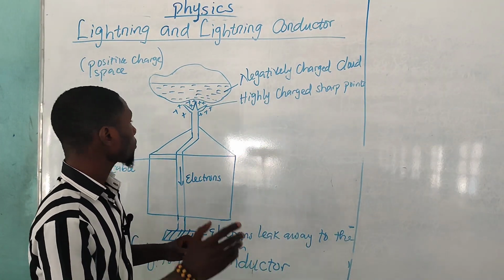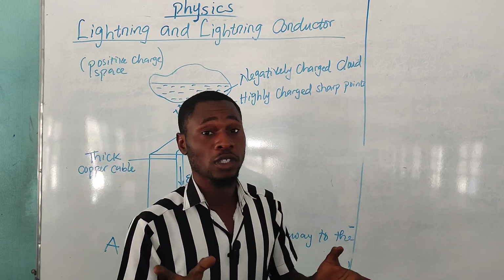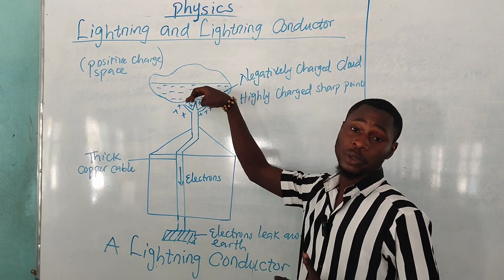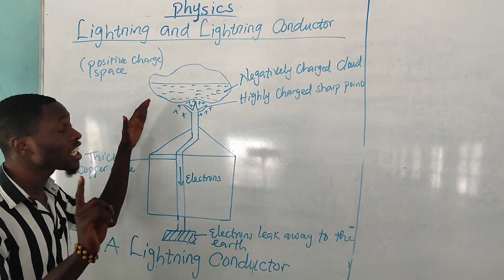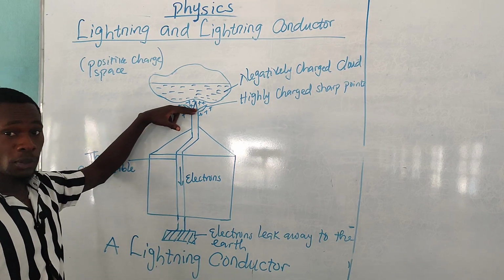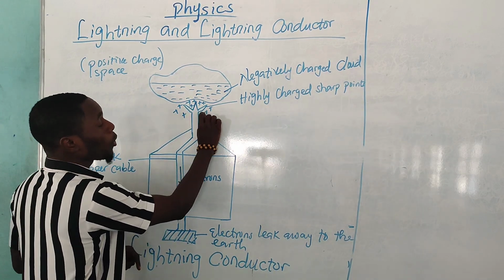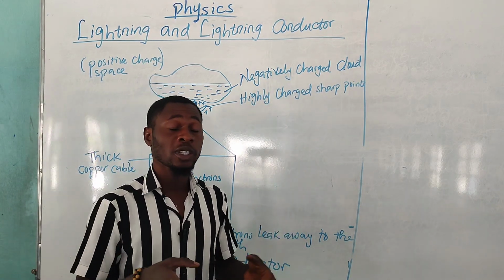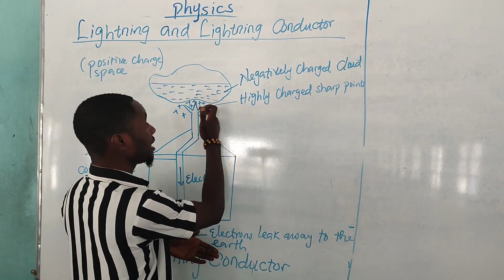All right, so what happens is when a negatively charged cloud, for instance, passes closer to the top of the building, that is closer to the lightning conductor. Because this cloud is negatively charged, it will induce positive charges on the metal spikes, or the sharpest point, because right from the onset, that sharpest point does not have any charge. It is neutral. So the charge that will be induced in it depends on the